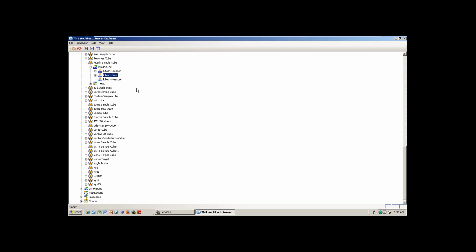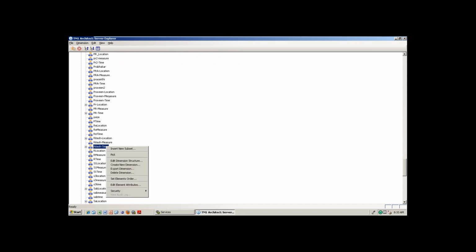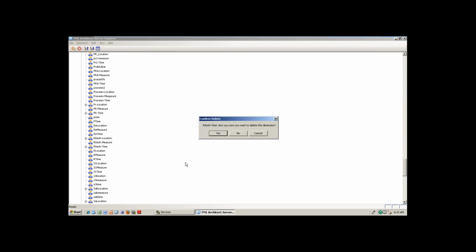Any questions apart from this? That's the reason a very important interview question will be here. For example, now the Ritesh time dimension is there. Am I right? You try to remove the Ritesh time in the dimension list. You try to remove it, delete it. Ritesh time, I want to delete it. I think it will prompt: it's already being used in the cube. Exactly. Are you sure you want to delete this dimension, Ritesh time? Yes. See? Dimension is used by a cube.